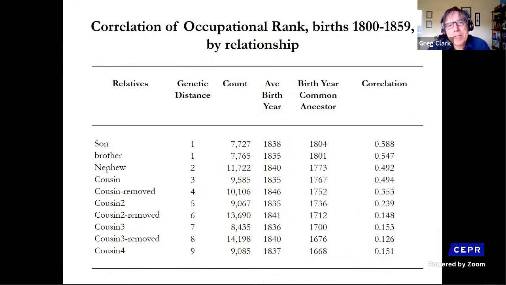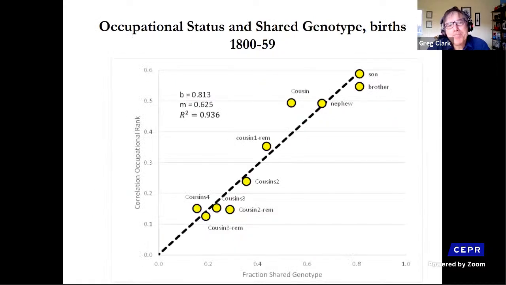And then we can do this again, but now looking at occupational status. And now we can go all the way to fourth cousins whose common ancestor was born in 1668 on average. And what you see again then is statistically very significant correlations. It doesn't show up, there wasn't room in this figure, but it's statistically significant all the way down here. And again, if we plot them, there's a little more noise in the data here, but essentially it's the same pattern for people born 1800 to 1859,